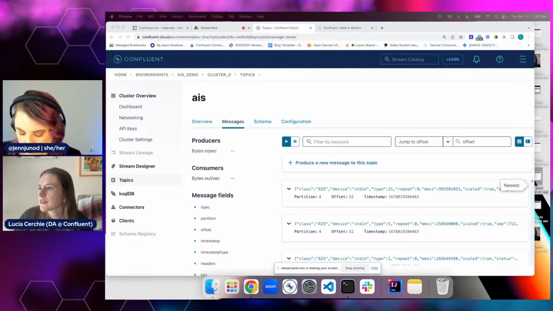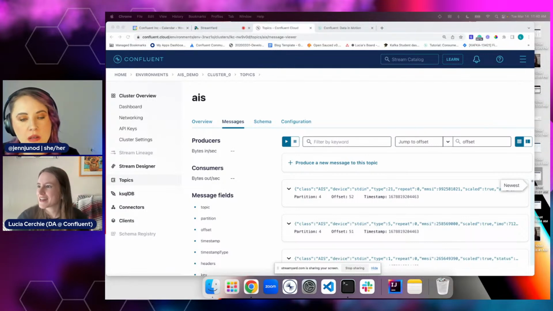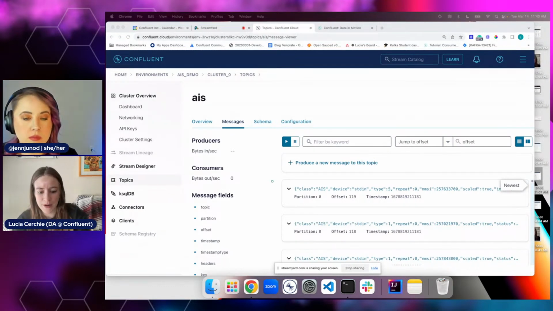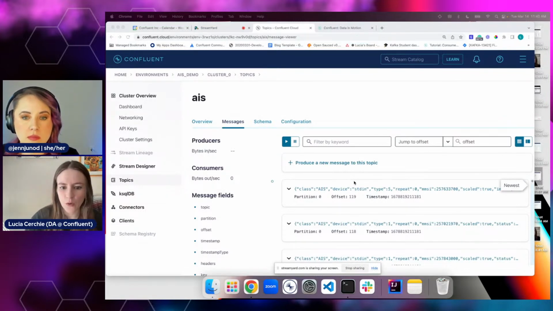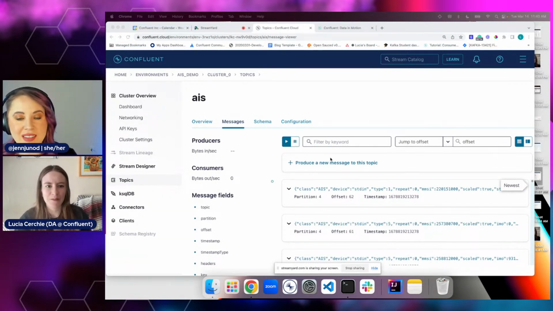There's a great blog post. I rely a lot on the blog posts of my coworkers. For example, this AIS demo is based on a blog post by my former coworker, Robin Moffat, who made a whole app to find out which boats were clustered together closely using Kafka. So I'll put that in the chat as well.